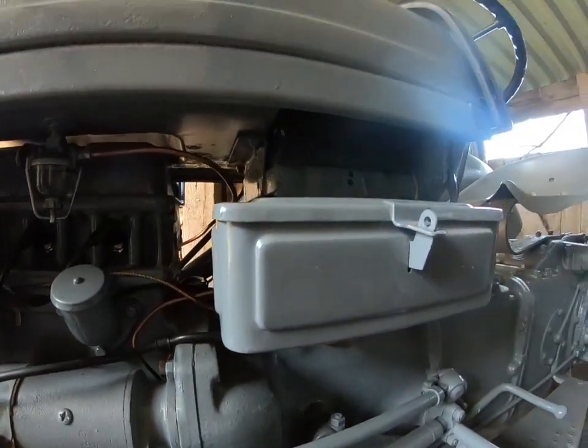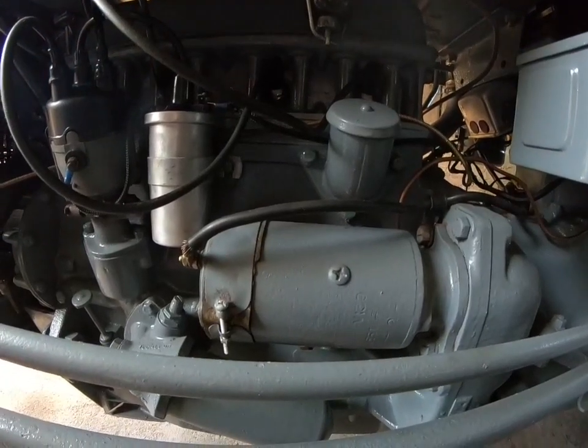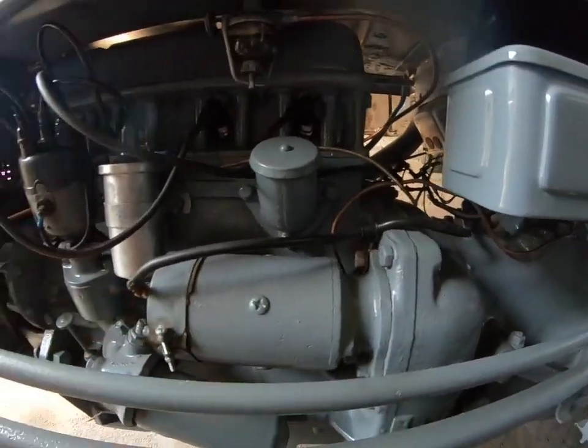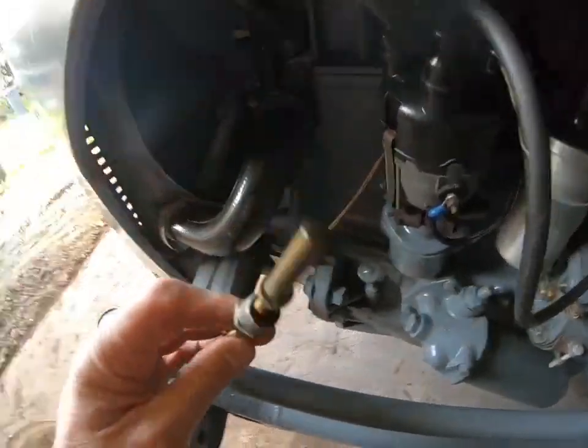And we've had stuff like the toolbox sprayed. I've cleaned the starter motor. Had a starter motor problem, so I've had to take all that apart and clean the starter motor. I'm now in the process of fitting this